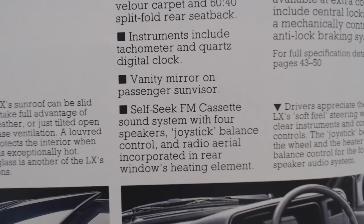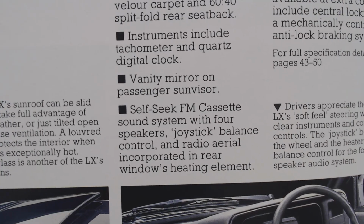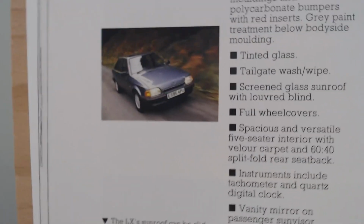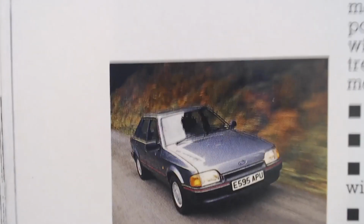Instruments include a tachometer, so we have got a tachometer or rev counter now, a quartz digital clock, vanity mirror on a passenger sunroof, we've got this self-seek cassette player, and let's have a look, see what else we've got. A little bit of a front image of the LX,